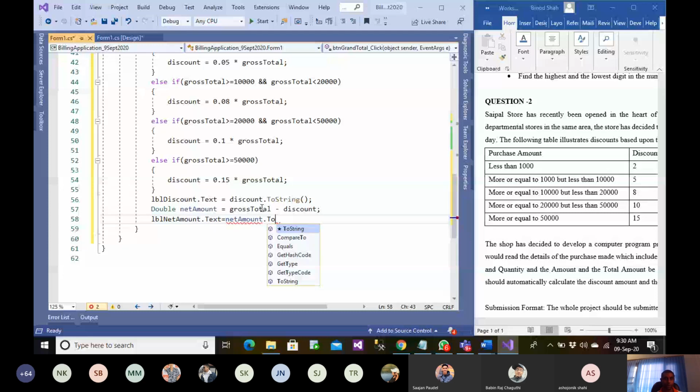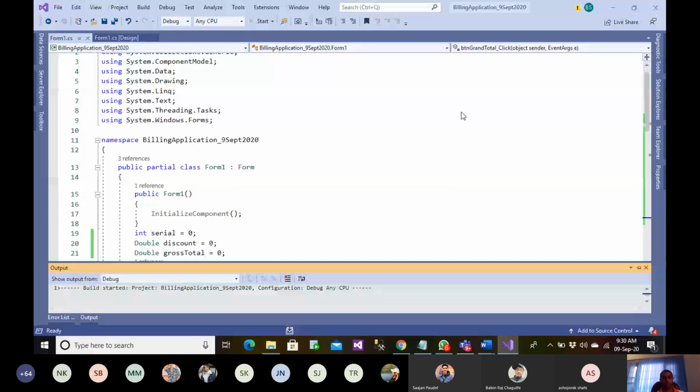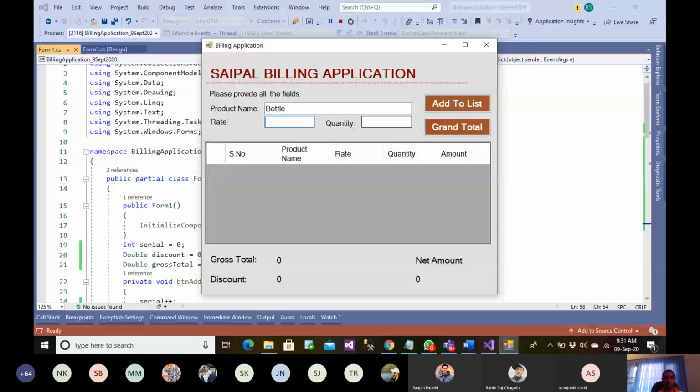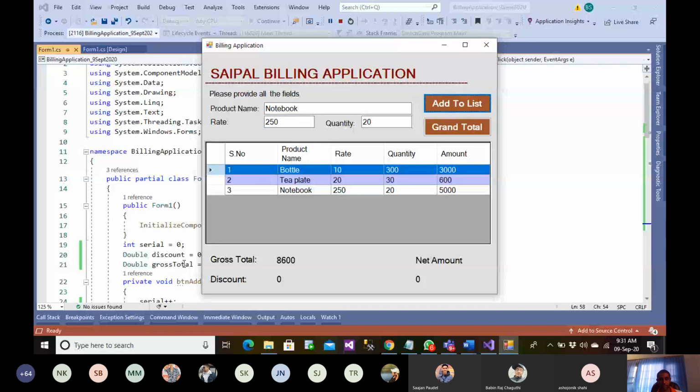So let us run and check how it looks now. Okay, let us say this is what we have, and let's go for grand total, and this gives you this one.